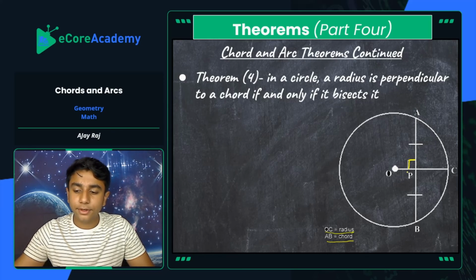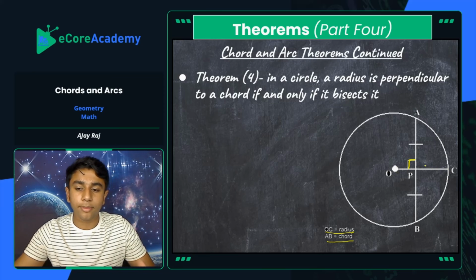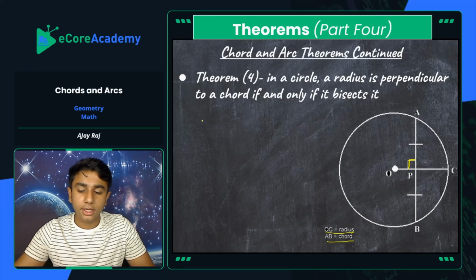Remember, you have infinite radii that can be formed on a given circle, but there's always going to be one radius that's going to be perpendicular to any chord. And when they are perpendicular, and when you find what that radius is and the location, and you can draw that out, give a visual of it, it'll intersect at a 90-degree angle, and also will be a perpendicular bisector. And that bisector